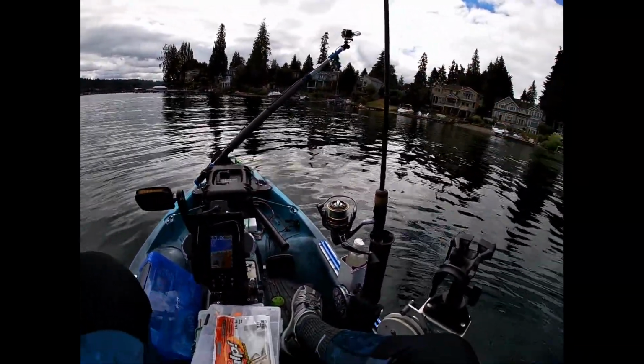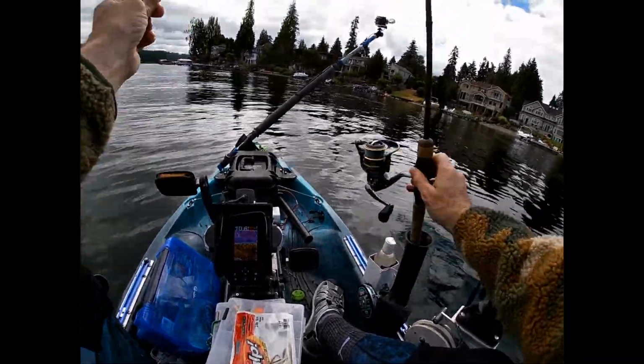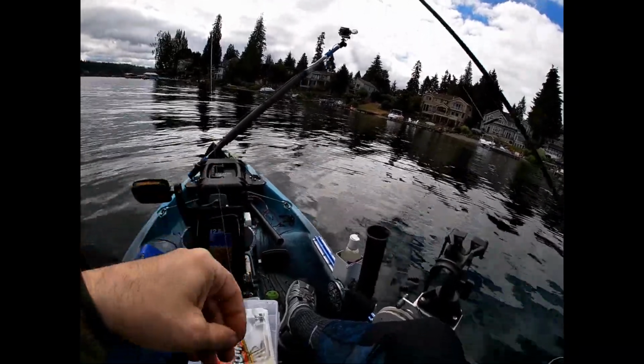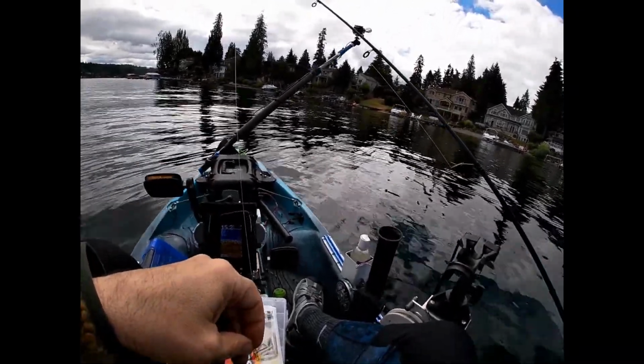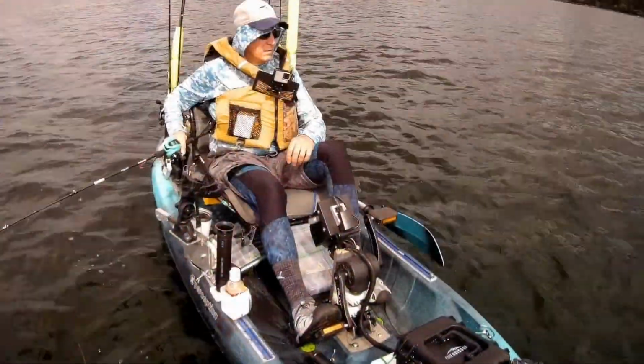Oh, and the little rascal took my bait. I think I might tie on a fly because they were biting on my swivel up here. If I put a hook on that, I'd probably catch them on that. Probably should put a hook on that because they probably would bite it. All right, let's put a...